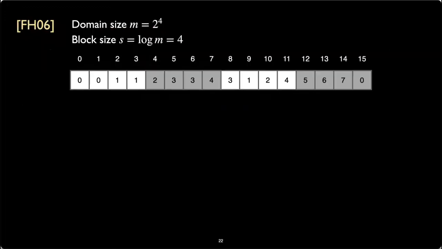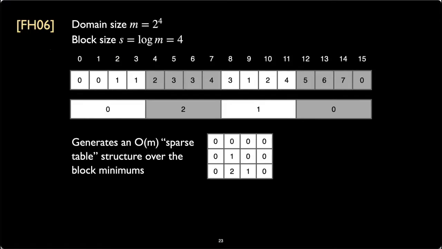Our linear min scheme is based off an existing scheme from a 2006 paper by Fischer and Heun. We don't have time to get into all of the details of this scheme, but just to give you a high level of how this works, given a particular database, in this case a database with domain size 16, you split up the database into blocks of size log m, and then you generate a sparse table structure over the minimums of each of these blocks, basically a structure that allows you to answer all range minimum queries